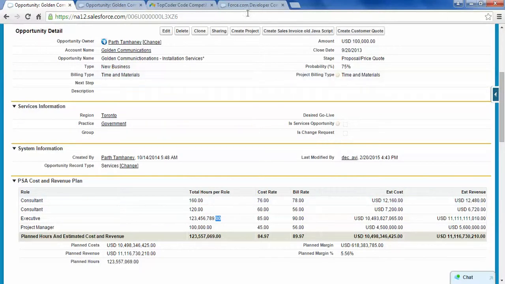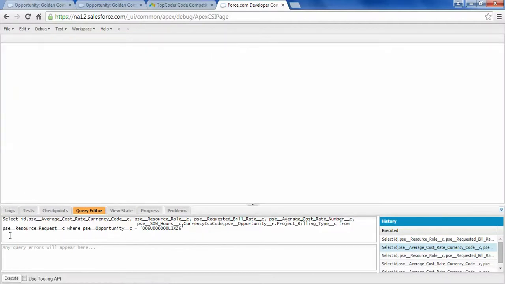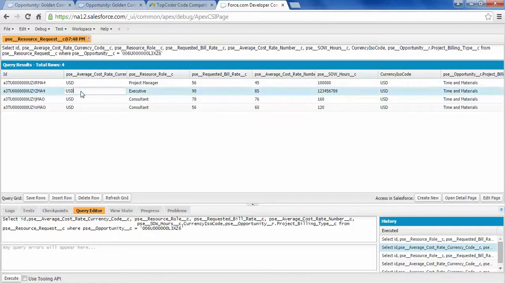So now I will change any one of the currencies to something else. I'm making one of them euro.